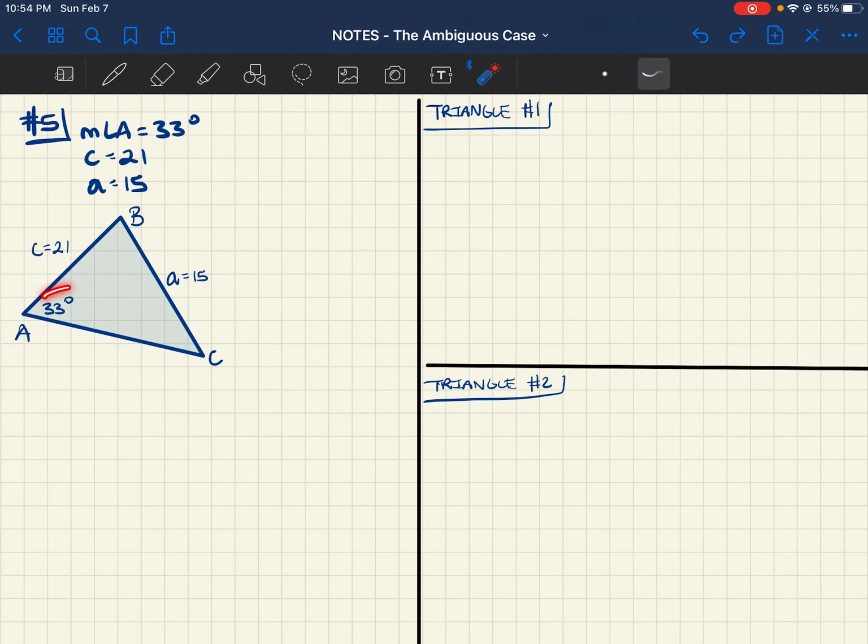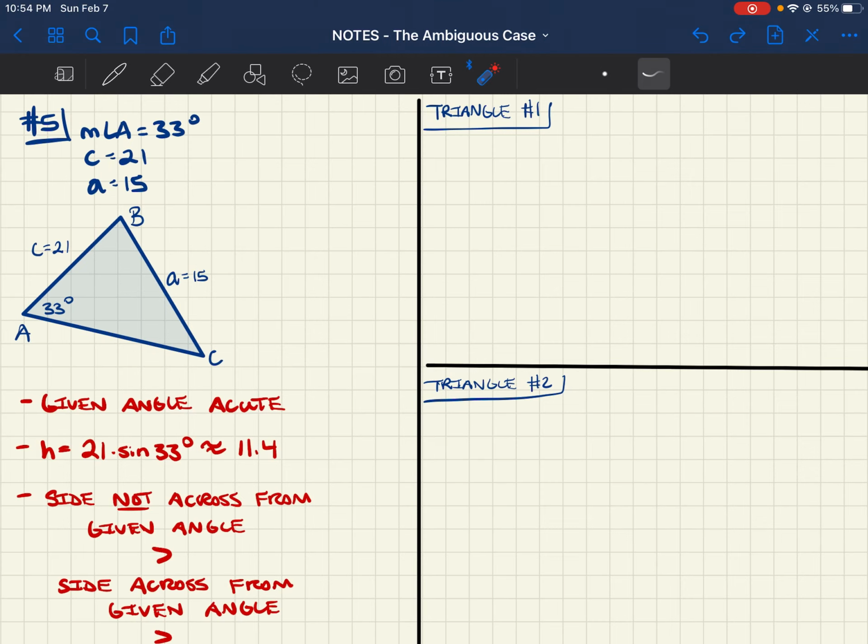So 33 degrees, there's our given angle. The side across from the given angle is 15, and the side not across from the given angle is 21. So let's examine that information. Again, we see that we have an acute angle. I'm going to go ahead and calculate h. So 21, the side not across from the given angle, times the sine of the given angle, gives us about